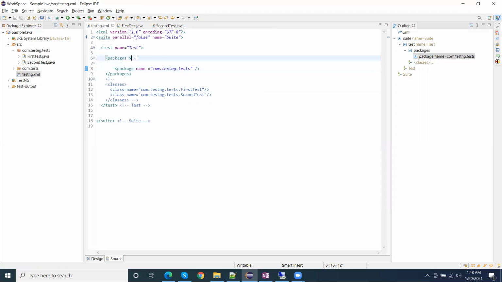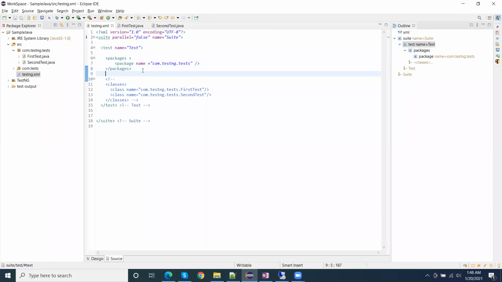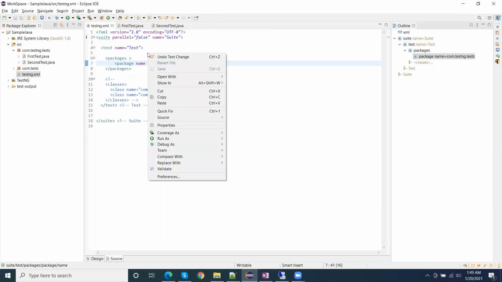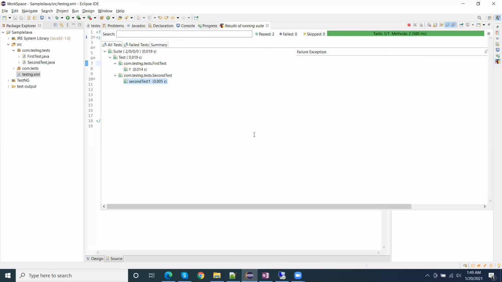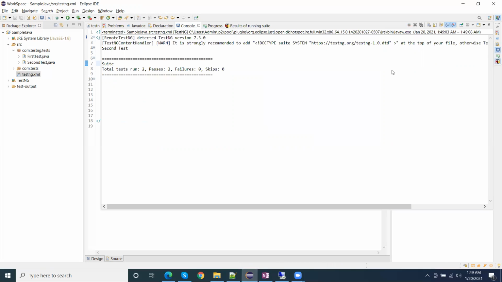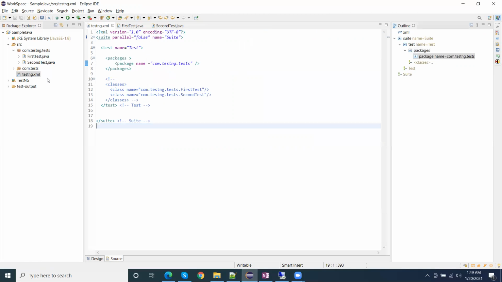When we provide the package name, by default it will automatically execute all the TestNG test Java files in the corresponding package. So if I run this, both Java files will execute. Here you can see first test and second test are both executed.